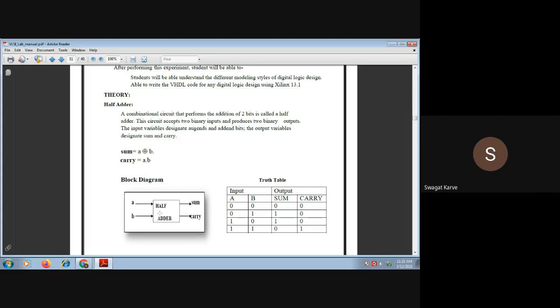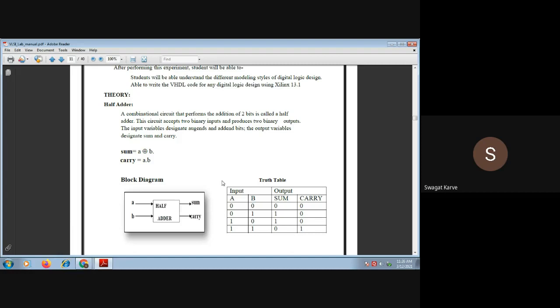Now the next thing is the truth table, or the logical equations or Boolean equations derived from A and B. That is also possible, or you can choose any appropriate architecture.